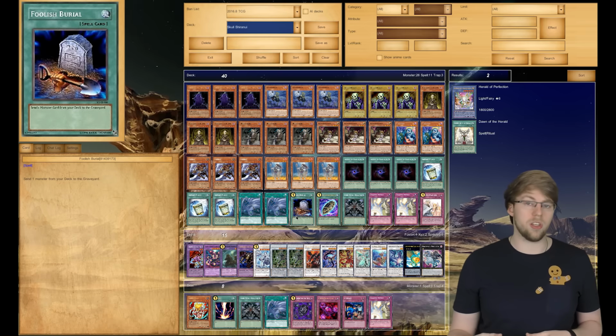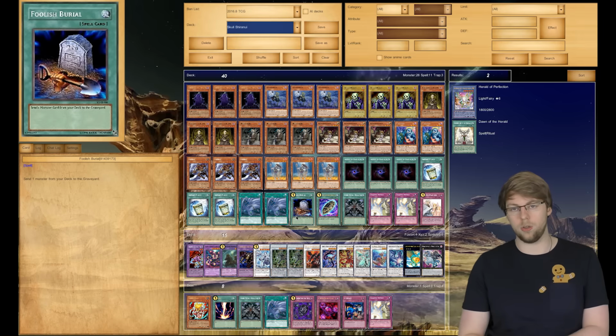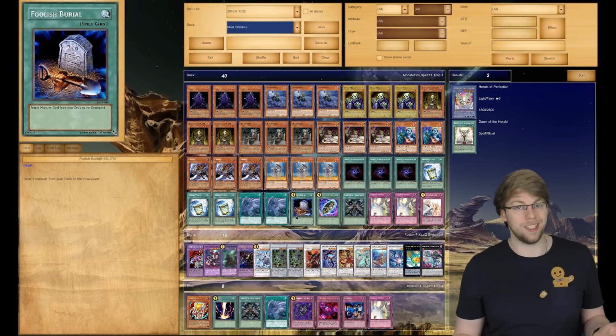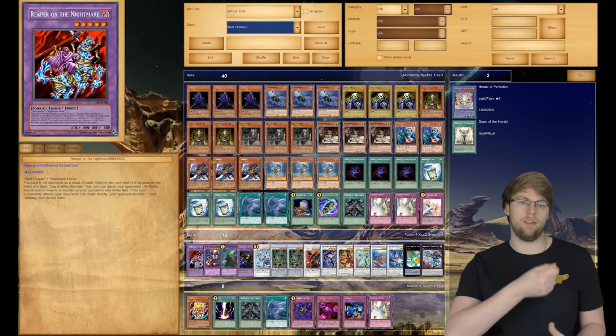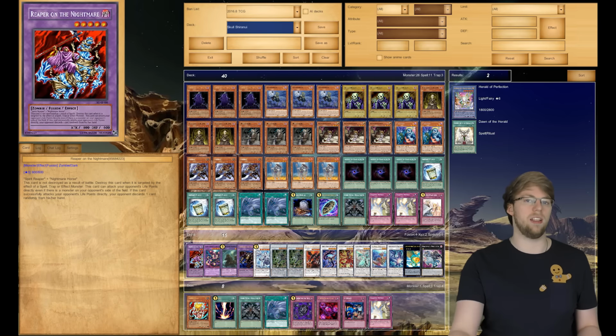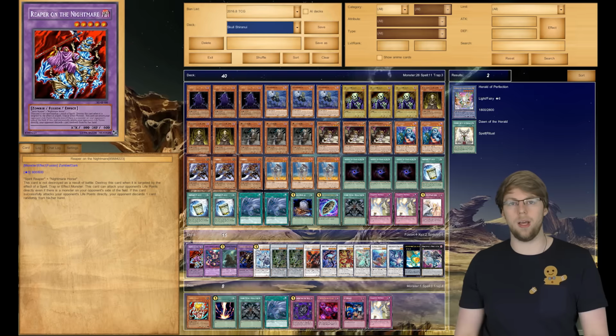The Instant Fusions because it means that you can get out, for example, a Thousand Eyes Restrict to then overlay into the Ghost Trick Doorland. It means you can also get everyone's favourite Nordin, and also you can get something like Reaper of the Nightmare, which is good if you just have, for example, normal summoned your Uni-Zombie, activated its effect, and your opponent's effect failed it, for example. You can then say, okay, well I'll just Instant Fusion out Reaper of the Nightmare,